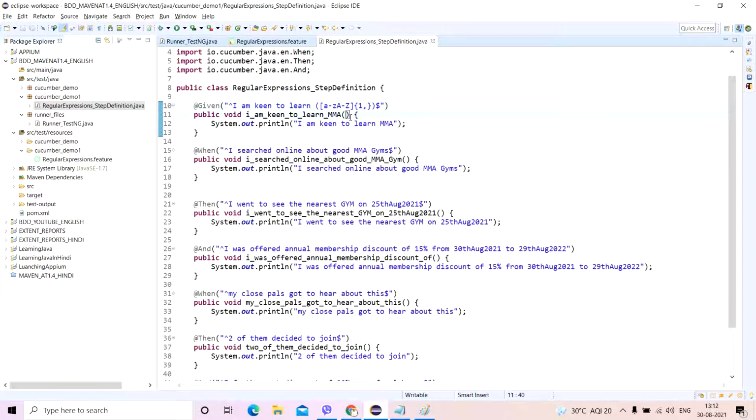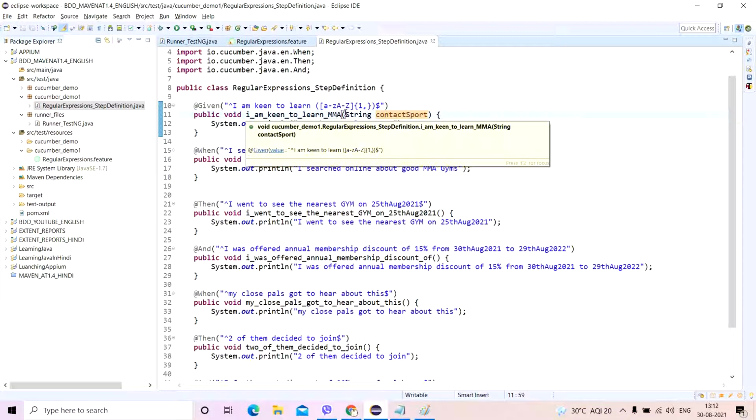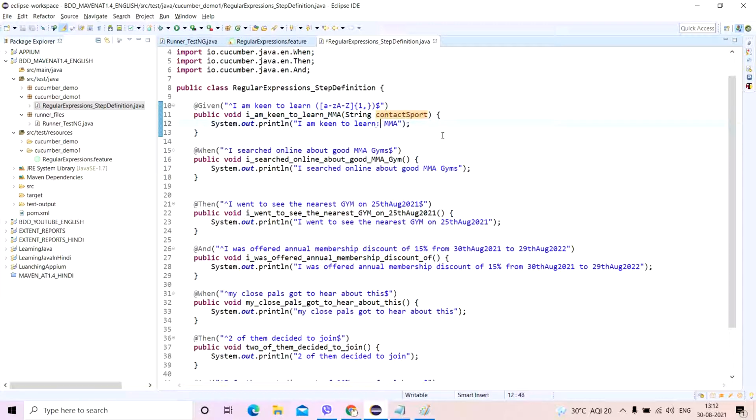Here you can pass a string contactSport as an input parameter inside this method name, and here you can write I'm keen to learn contact sport. As simple as that.